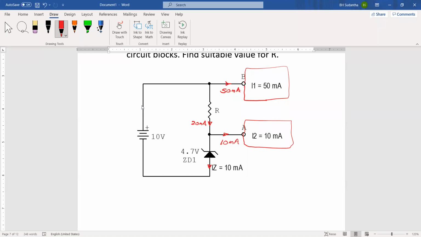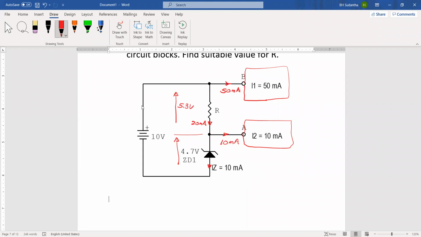Okay. Then what is the voltage of this one? It's 10 volts. But when you consider this part, the voltage of this part is 4.7 volts. Then what is the voltage across this resistor? The balance of this one. Here 10 volts is applied to these two nodes. Then across these two components, 10 volts is applied. Then across Zener diode, we have 4.7 volts. Then the balance voltage should be here. It's 5.3 volts. And 5.3 volts is the voltage across the resistor, and the current going through the resistor is